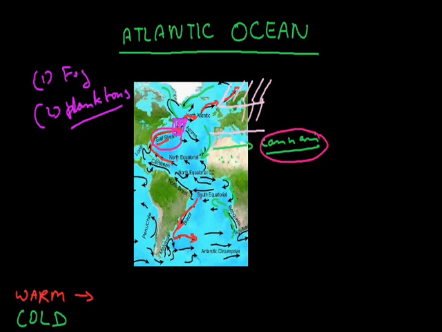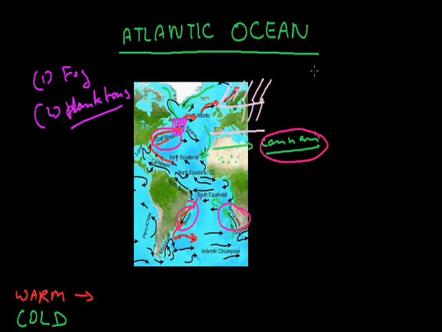Again I am saying that here we see a clockwise movement like this, and here it is an anti-clockwise movement like this. So in the southern hemisphere there are two important currents, the Brazil current and the Benguela current. So this is how in the Atlantic Ocean we see four important currents, the role of the four important currents.